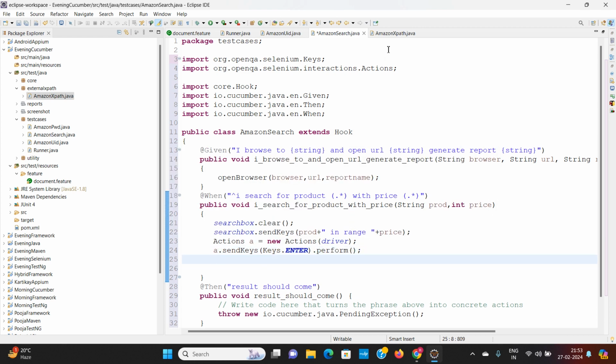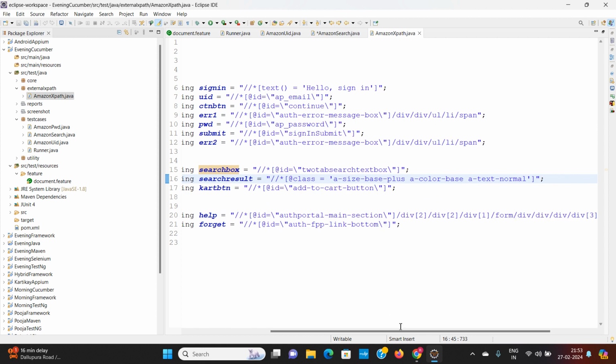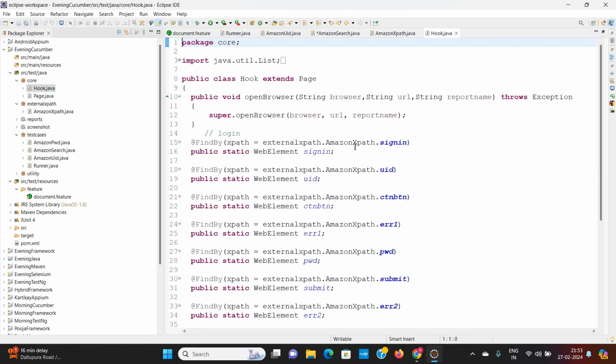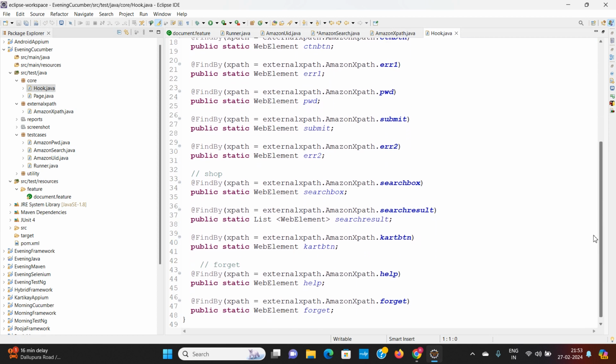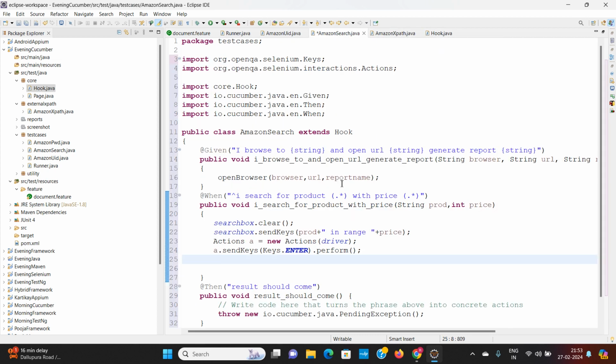Okay, and after that again we have written this search result, which is getting the multiple results using the class name. We have written this in Hook.java, in which we are getting the multiple results of the web element in the format of a list. So again search result will fetch the multiple results.